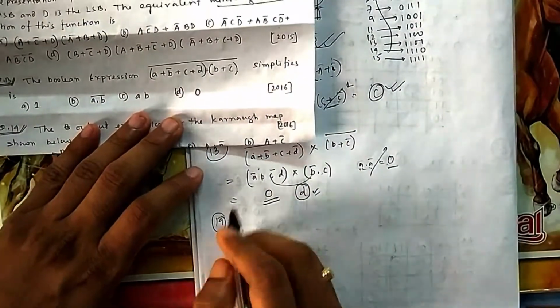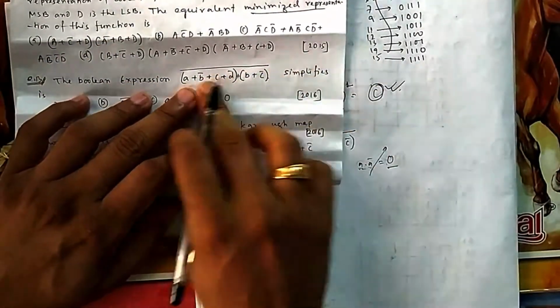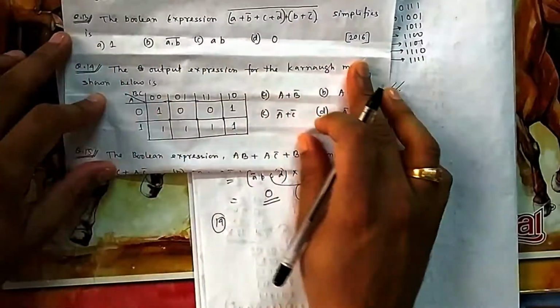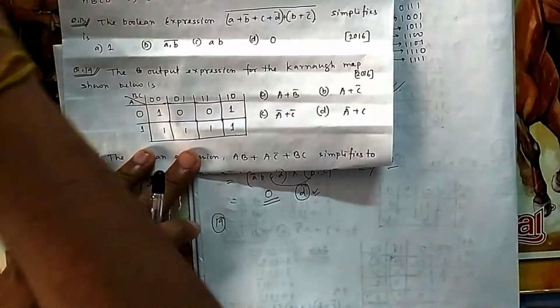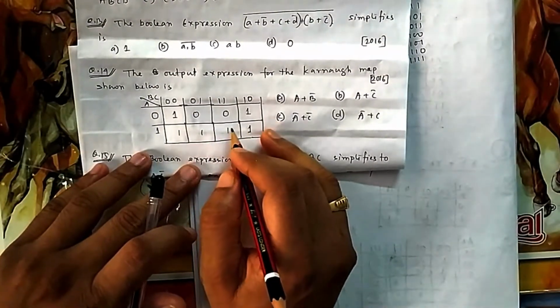You can try with K-map, but there is no need, because simple bar it is there. For K-map also you need to open this one, because you cannot directly write from here. So once you open this one, it will come directly 0. The output expression of the K-maps, now you can easily do it. You have done so many K-maps as of now. So you can take which positions.